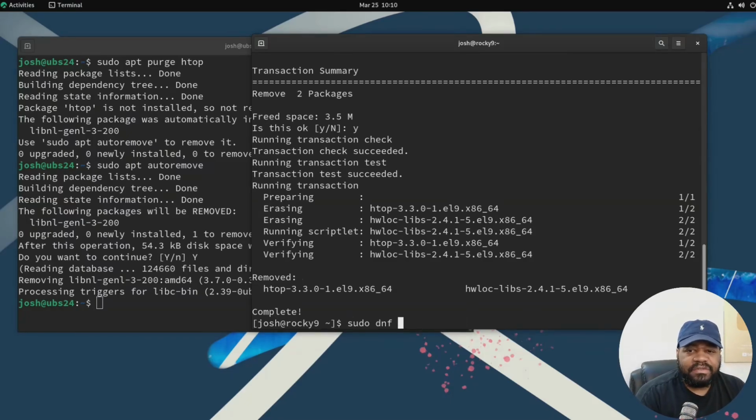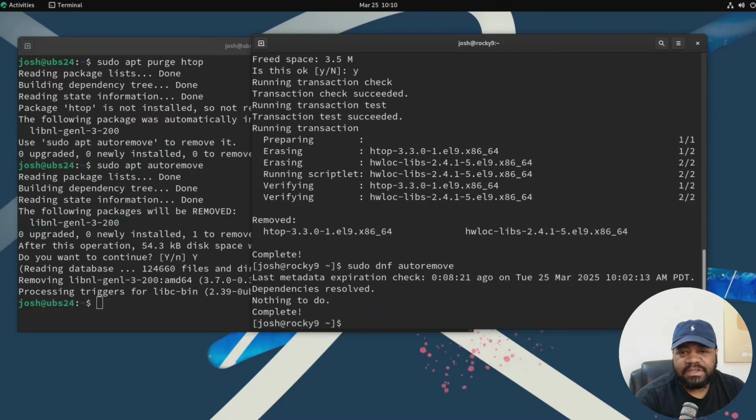Just use dnf and then autoremove, and this will remove dependencies that are not needed. And let me go down and type it in properly. But autoremove, press enter to go through and check and see if there are any dependencies and remove them from your system. Now, repositories are servers that hold collections of packages, and your system connects to those to install